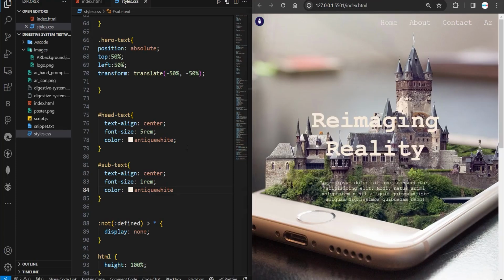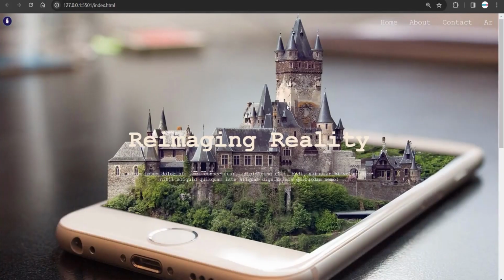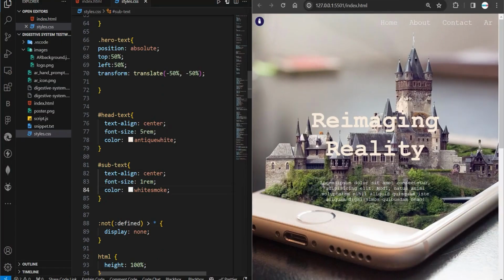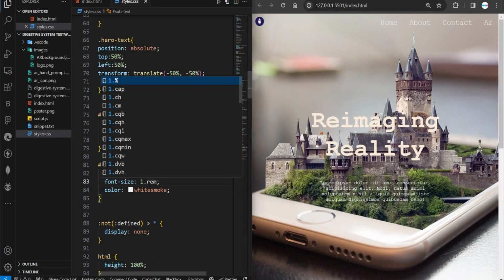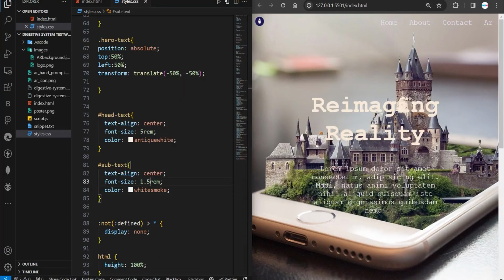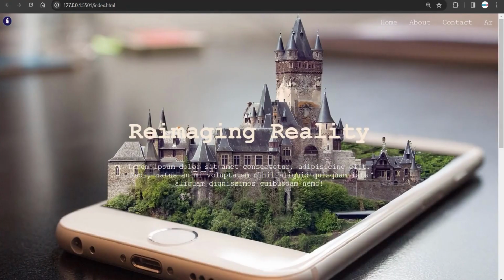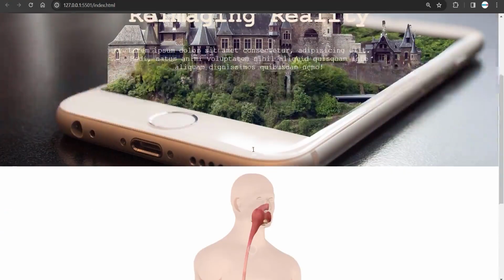Okay, so let's rather do white for this one. So white. Use white smoke. Okay, so this is our final lesson for our hero section. You might want to also increase the size. Probably let's do 1.5 for this. 1.5. Okay, this is quite okay. Yeah. So that said,